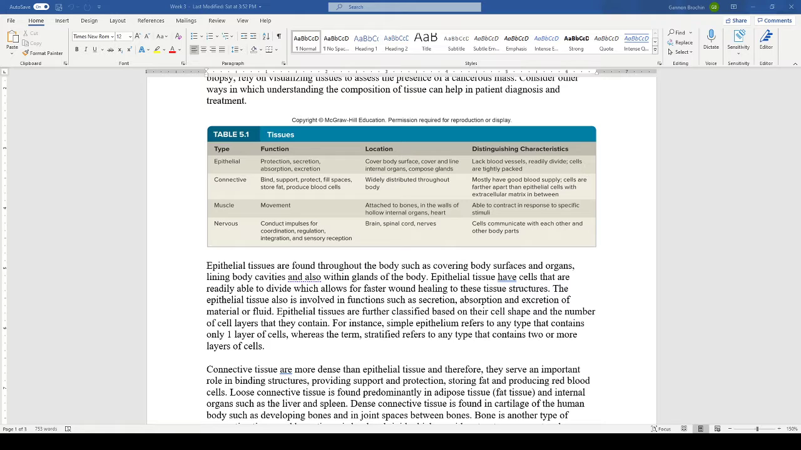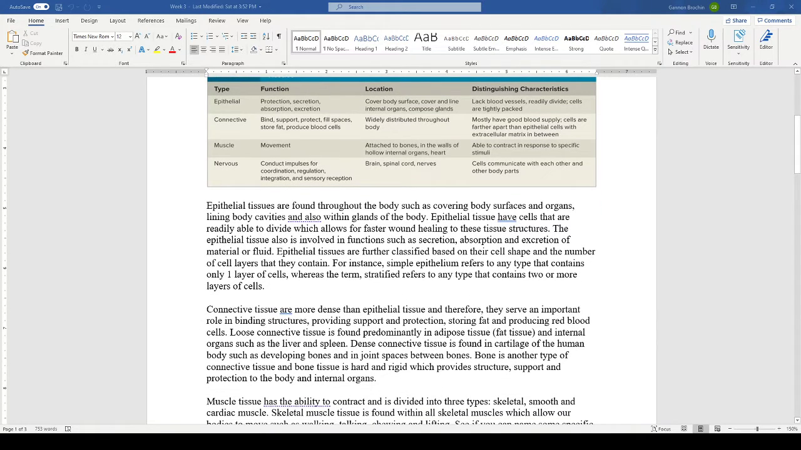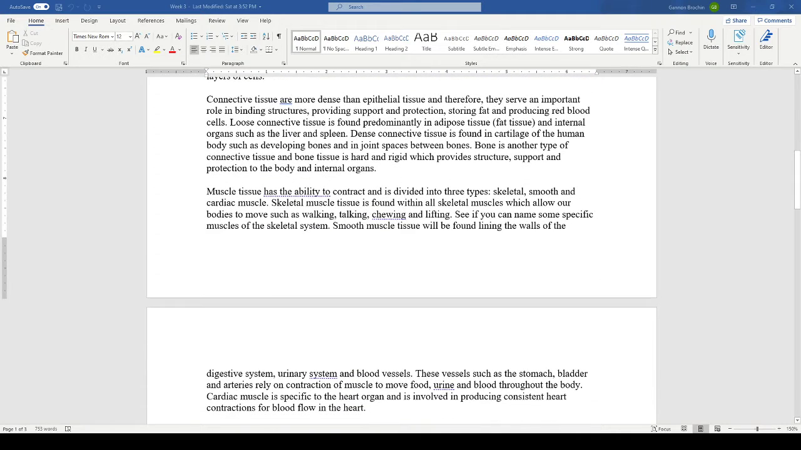Next, we have three categories of the actual connective tissue itself. That's going to be loose connective tissue, dense connective tissue, and then specialized connective tissue. So when we look at the loose connective tissues, we can see